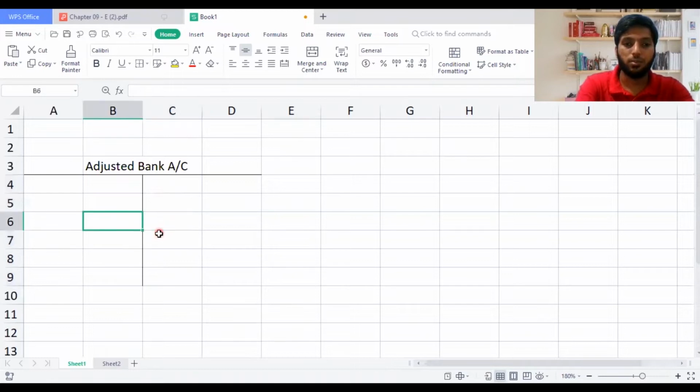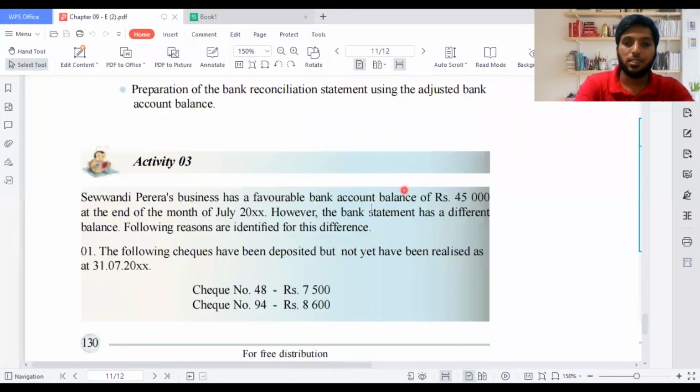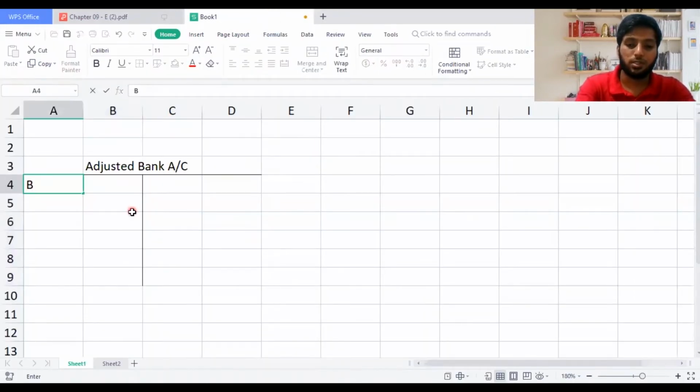We have put the adjusted bank account, and they are given a balance. You all can see here the account balance was 45,000 end of the month. So we can start on the beginning of the month. They are saying on July month end, and also we are doing this on the month end. It's not important to put the date, because just for your information, I'm just writing brought forward 45,000 because they already said this, it's month end. If you want, you can write 31st July.